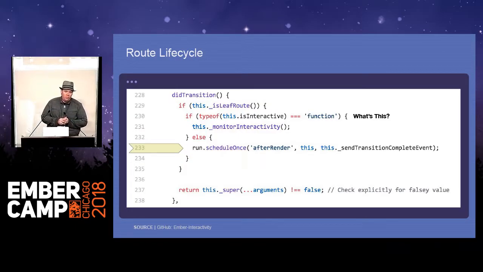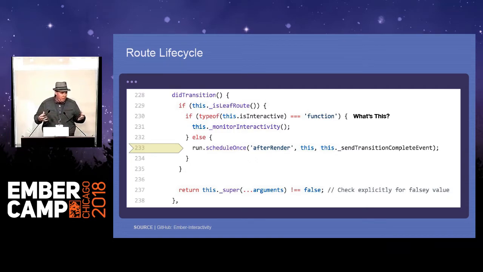So the first thing that we did, we started thinking about the life cycles of our routes. Obviously, we want to get more granular than this, but at the end of the day, we want to be able to say, for this particular route, how long does it take to become interactive? So we created this didTransition hook,